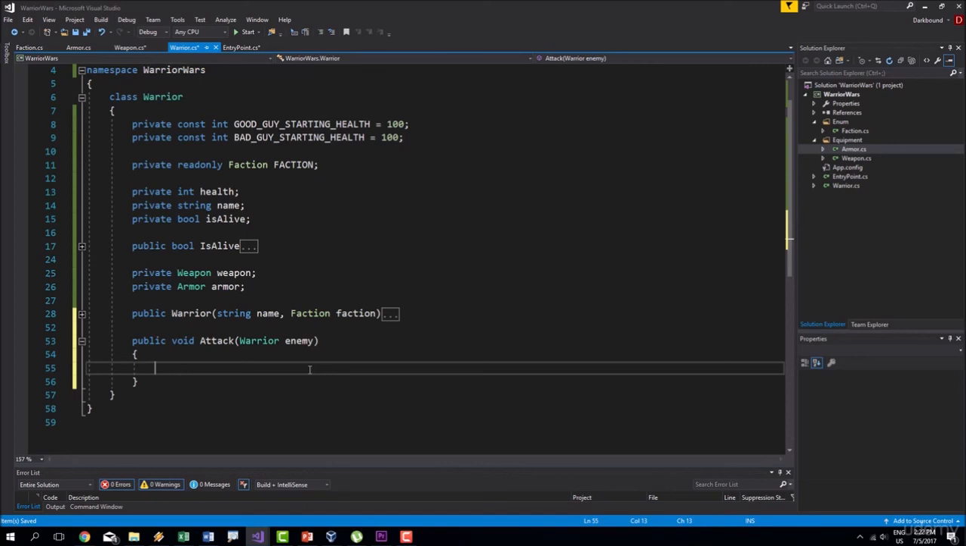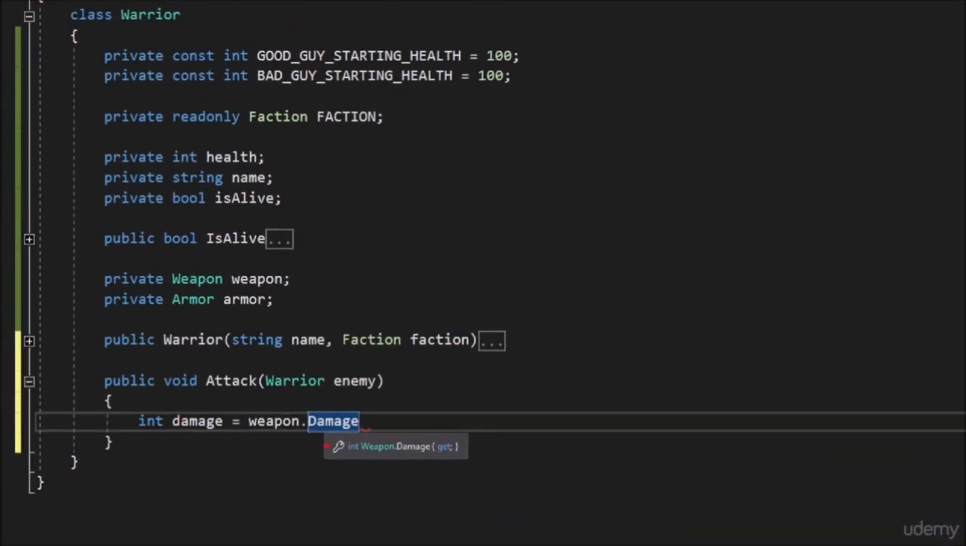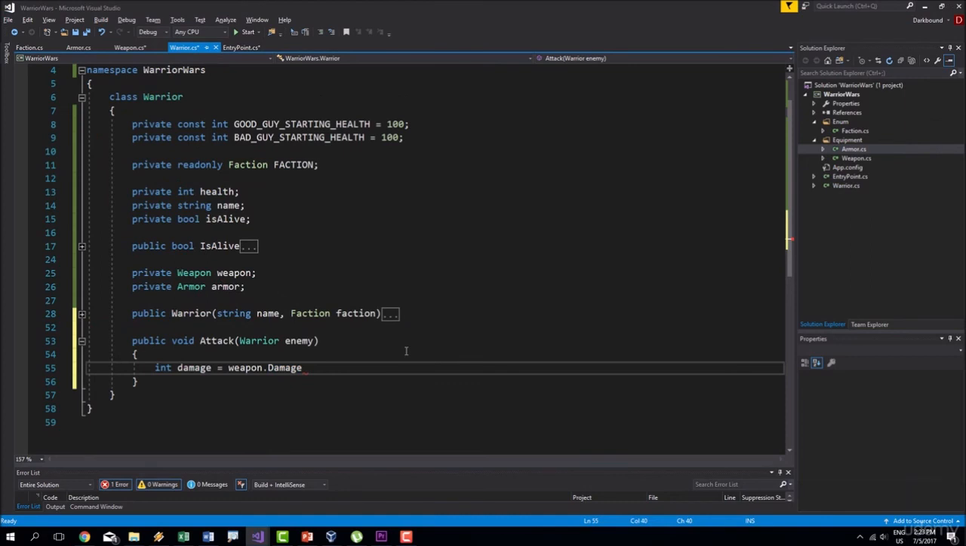So we're going to create a new variable here inside our attack method, int damage, and you can make up any formula that you want for your damage calculation. My formula will be weapon.damage. So we are taking the damage of the weapon, this weapon right here that our current warrior has. So this is the damage of the attacking warrior, and we are going to divide that damage by the armor points of the enemy, divided by enemy.armor